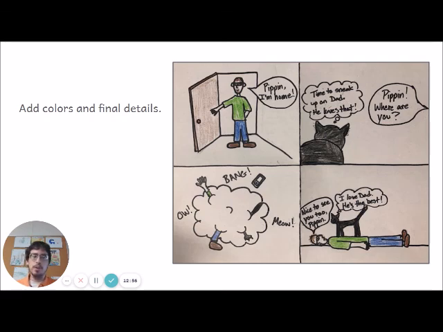If you only did the first part because you're going to be here for a second day, just bring your pictures with you to school and we're going to keep working on them on our second week. I know it's a little bit different than normal, so if there's any questions, you can send me an email, you can send me a message on Dojo and just check in and see what's going on.